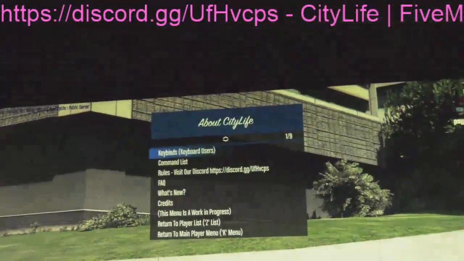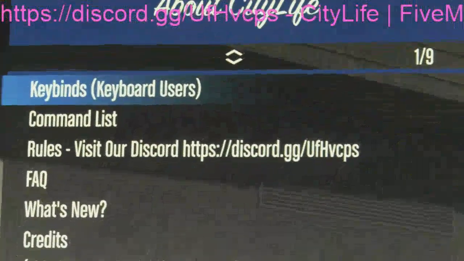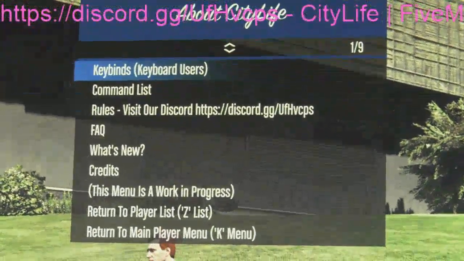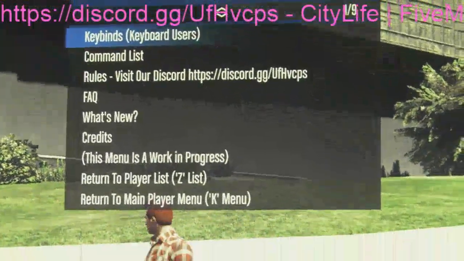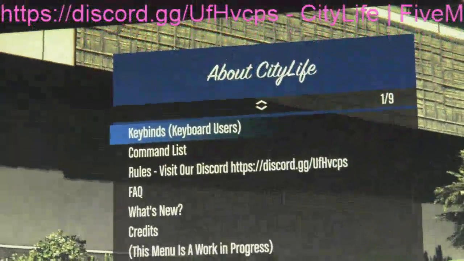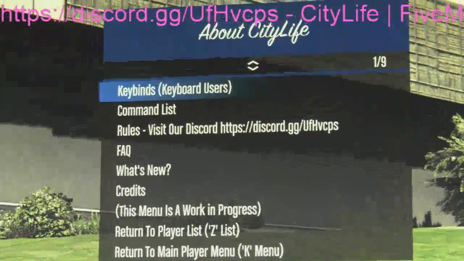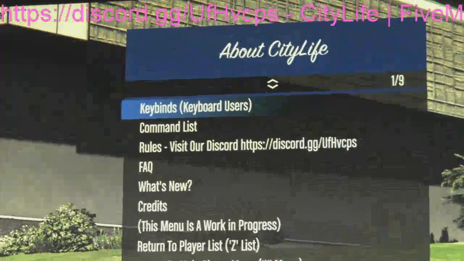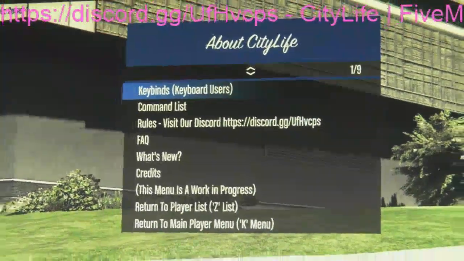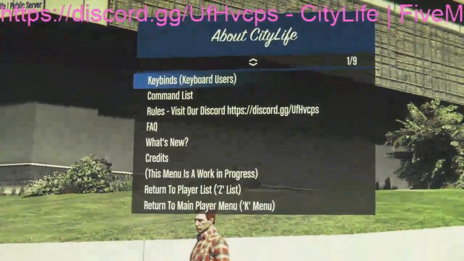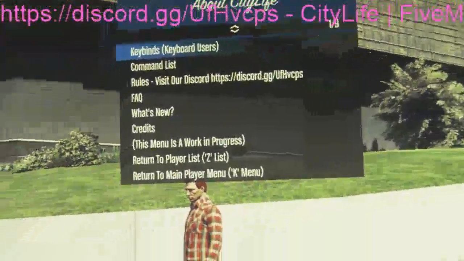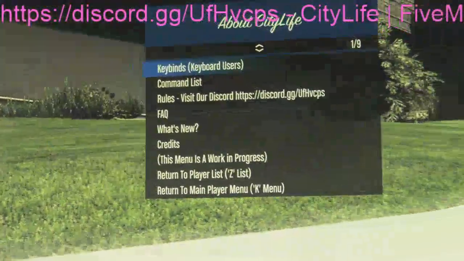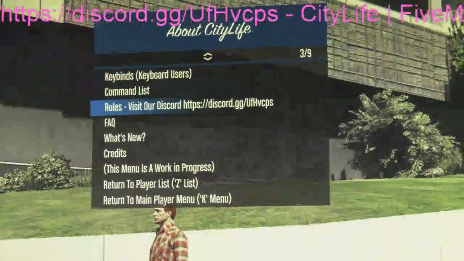So now you have this giant menu called About CityLife. And it has the exact same GUI settings as the player menu. I did some last minute fixes to try to make the About CityLife menu a bit bigger and not obnoxiously bigger. So I think I found a nice balance. It's barely bigger than the original one. It basically just allows some of the longer text to finally fit on the page, as you'll see in a minute. So to walk you guys through this,